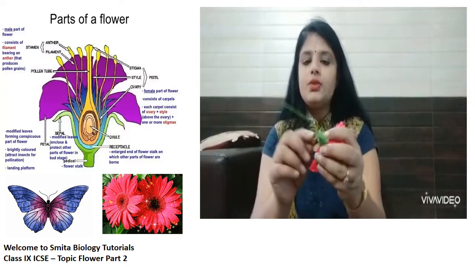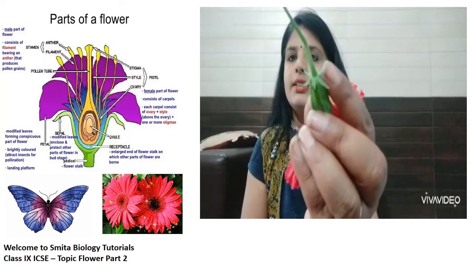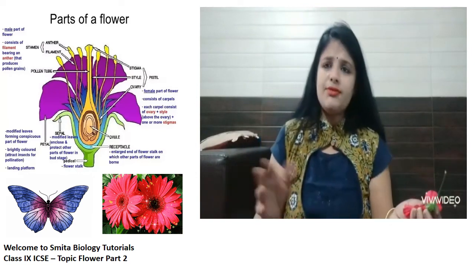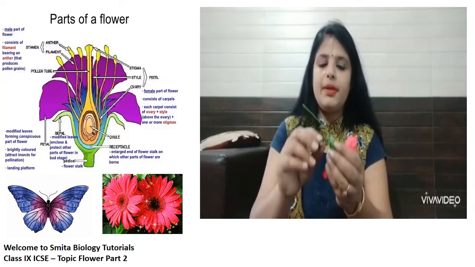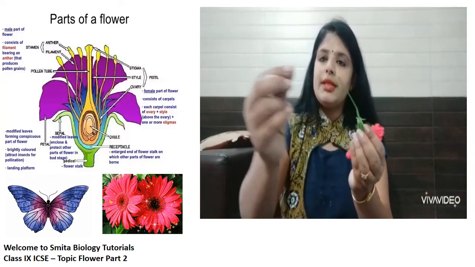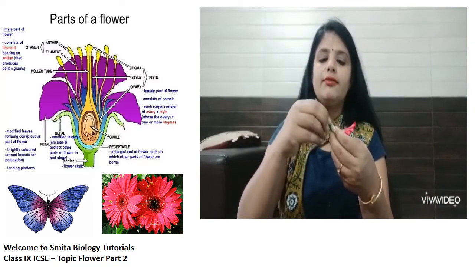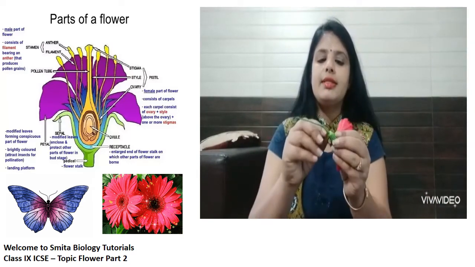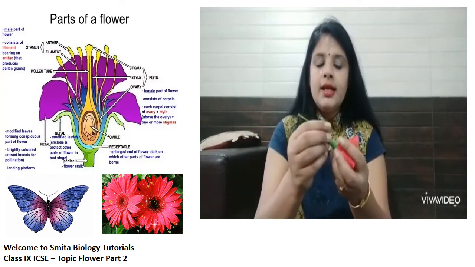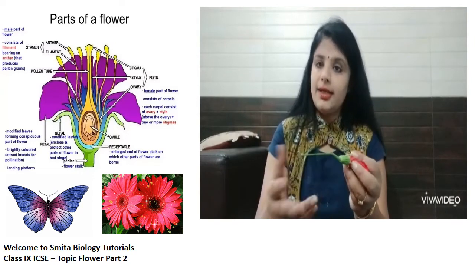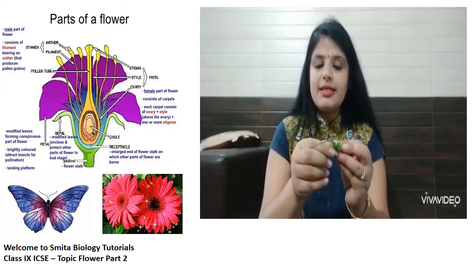Now this one is the apicalyx. Almost all flowers do not have an apicalyx. There are a few flowers that have an apicalyx, and I can remove these apicalyx. 1, 2, 3, 4, 5, 6. So this flower has 6 apicalyx. Inside the apicalyx there is another army that is called calyx, and calyx is composed of sepals.